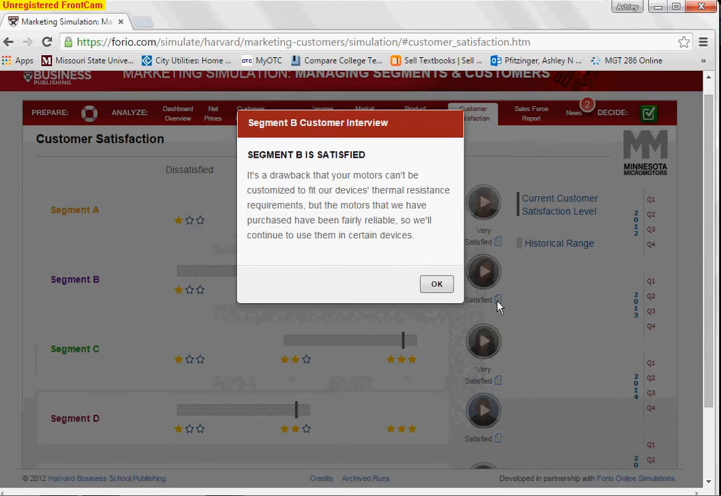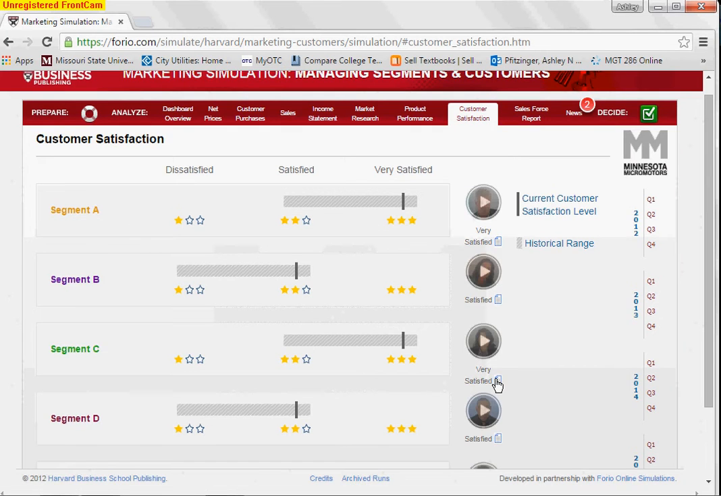For segment B, they were interested in thermal motors. They did not need a very high discount percent. For segment B, I dramatically increased the amount of spending on the thermal motors and gave them a discount of 2%. As for segment C,